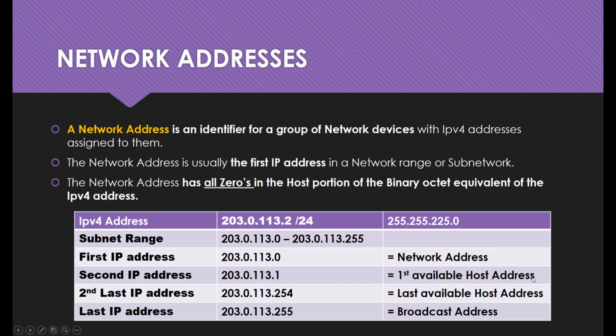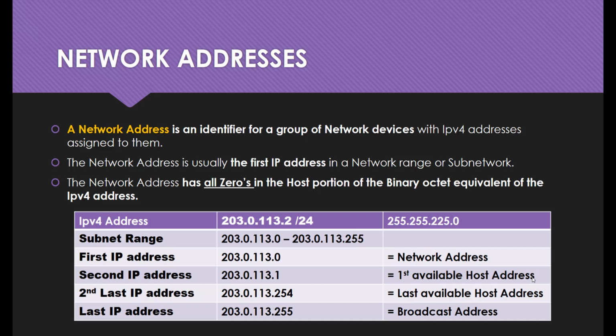So let's look at what the network address is. The network address is an identifier for a group of network devices with IPv4 addresses assigned to them. The network address is usually the first IP address in a network range or subnetwork. The network address has all zeros in the host portion of the binary octet equivalent of the IPv4 address. So this is very important to note: in the binary octet state, the network address has all zeros in